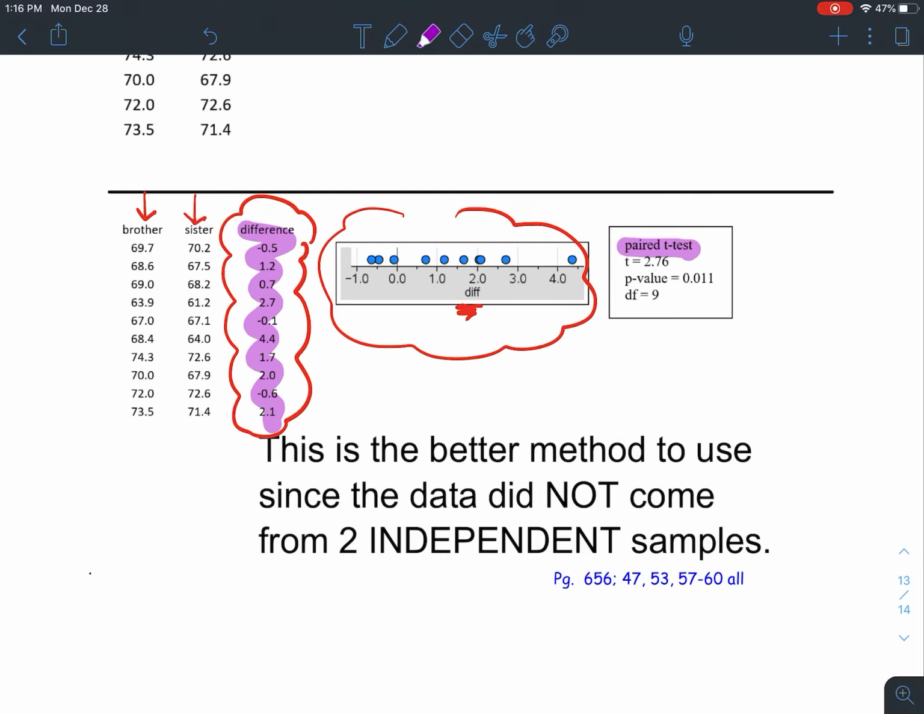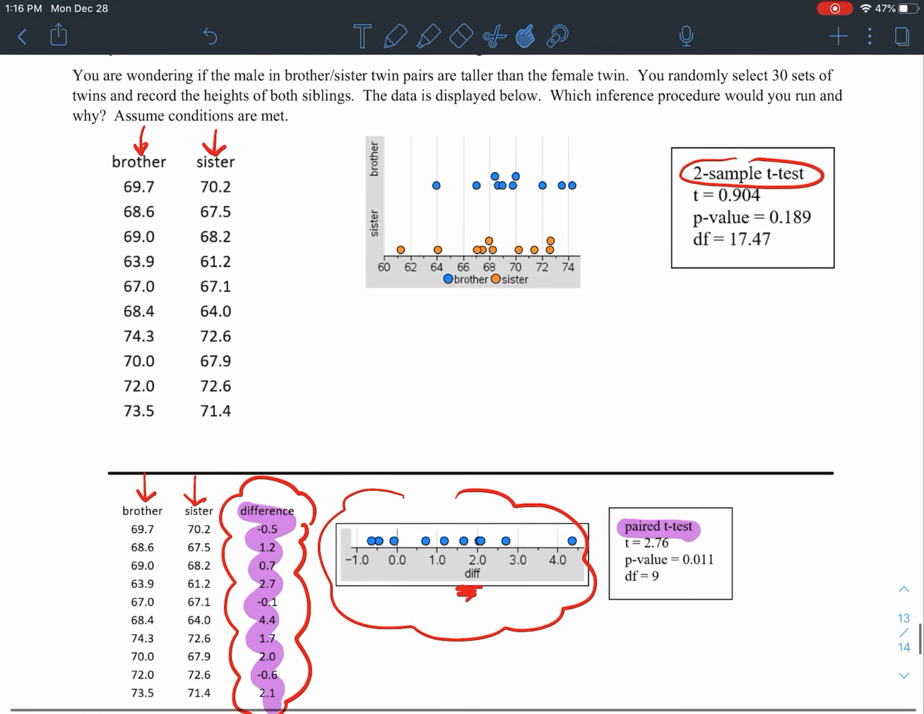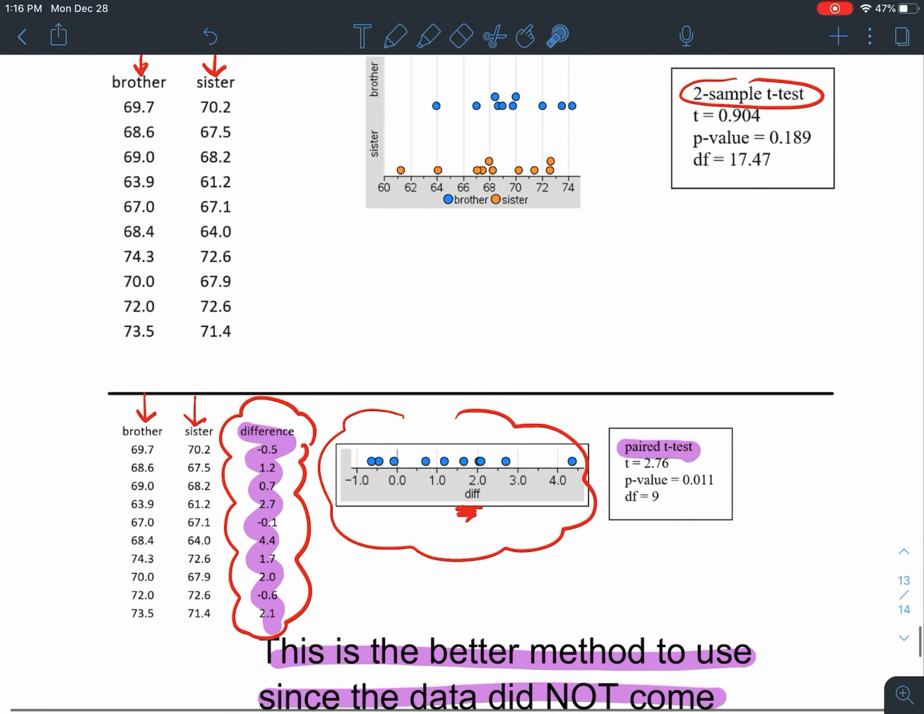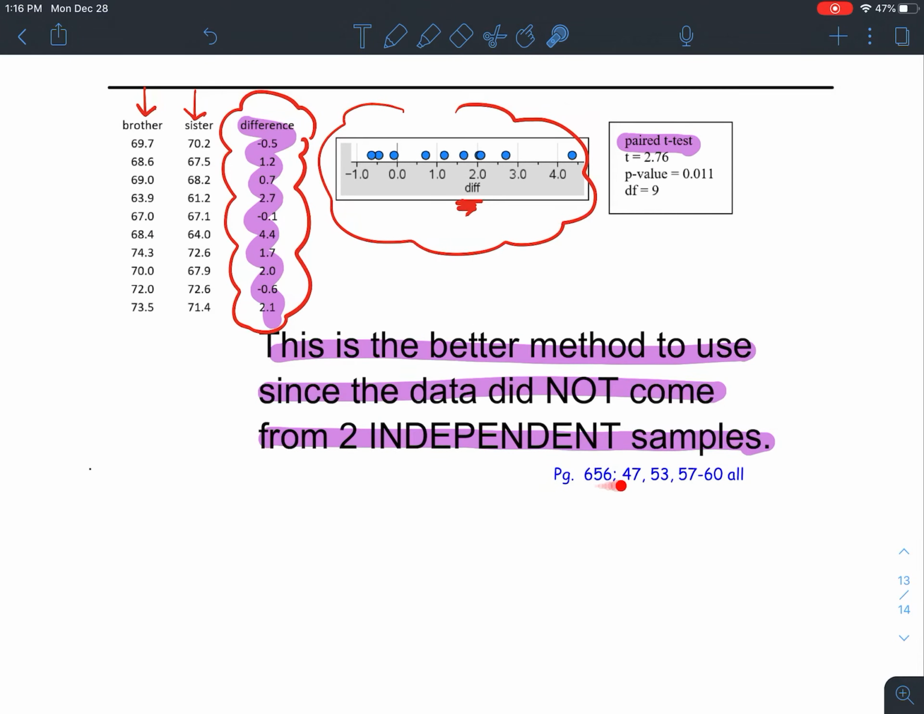The reason that it is actually better to use this paired t-test method is because the data did not come from two independent samples. When you select a set of twins, they automatically come together as a pairing. And so that's why, to tackle this problem, it would be better to run a paired t-test comparing the differences in heights versus a two-sample t-test. You can see at the bottom of this notes page, there are a few problems here for you to try that go along with this video that will